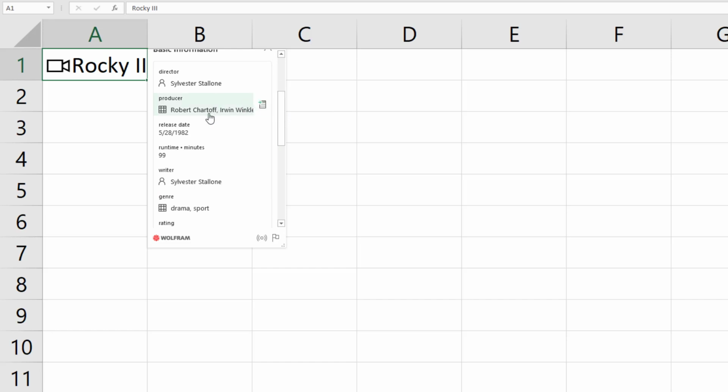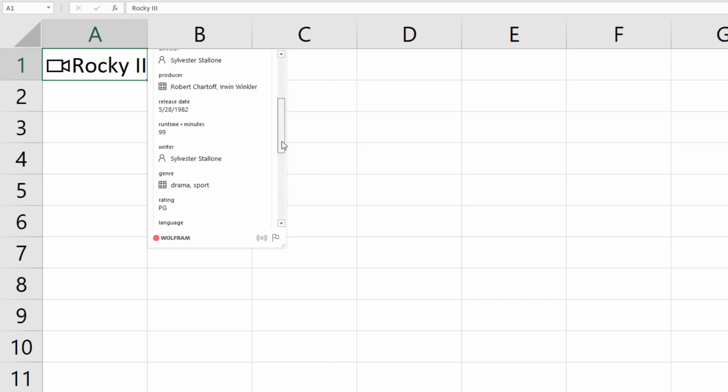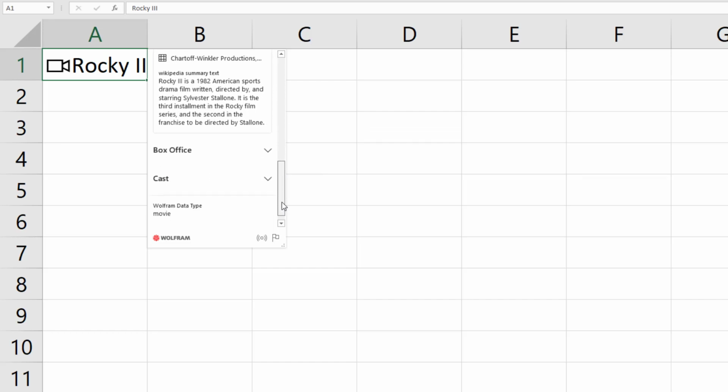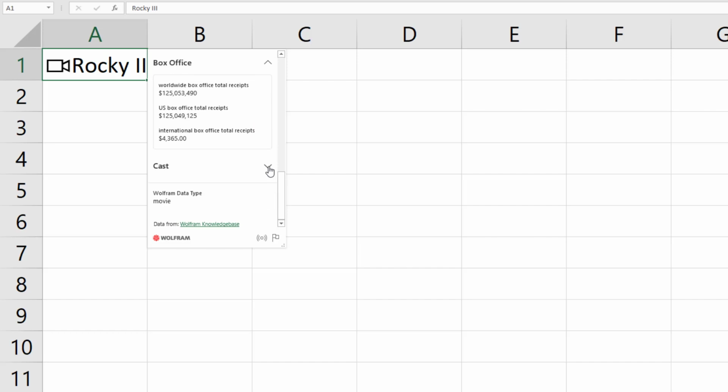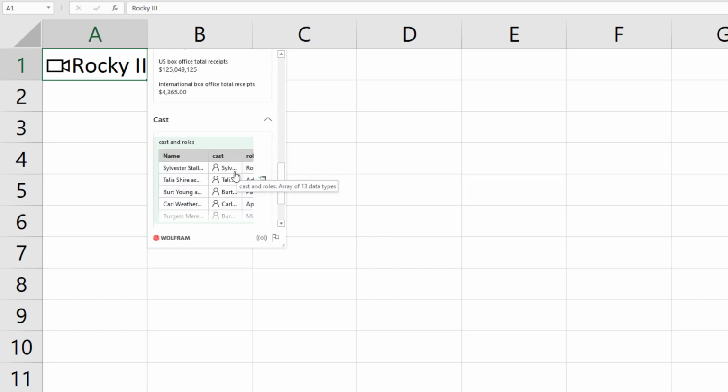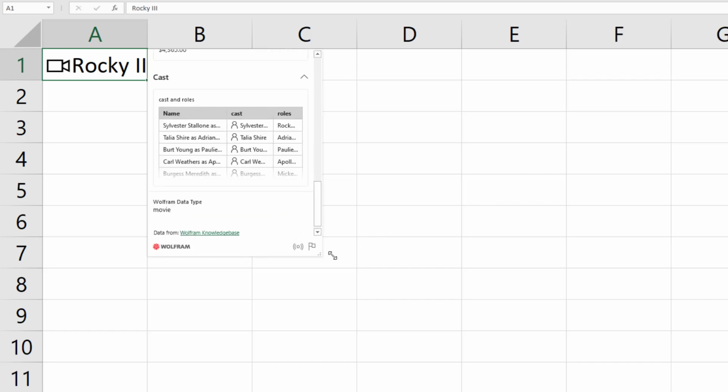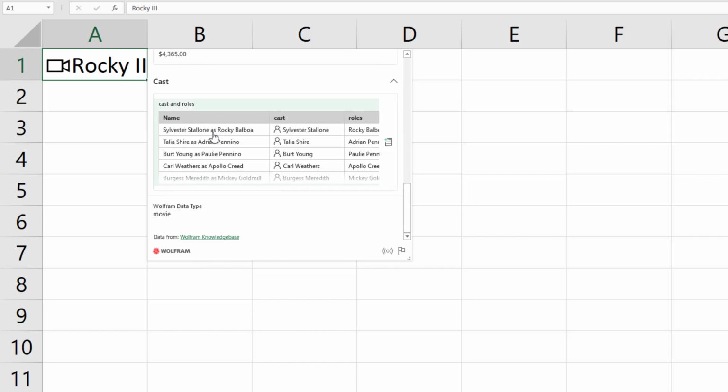Who's the director, who's the producer, release date, runtime, writer, genre, and if I come down here to box office, it'll show me worldwide box office total receipts, U.S. box office total receipts, international, and then cast. All right, and this is completely new with these new data types, right? So this isn't just one value.